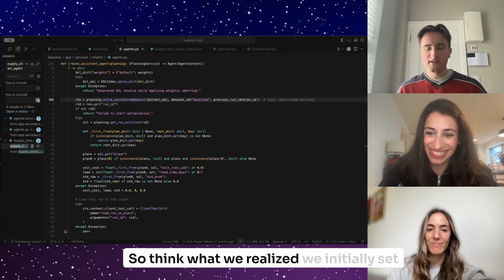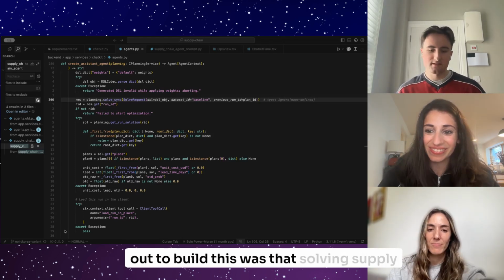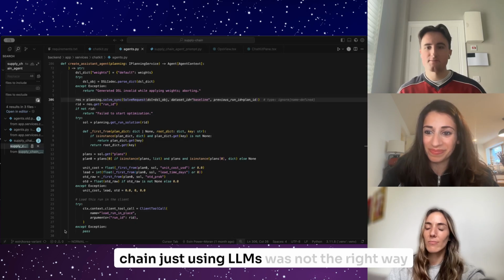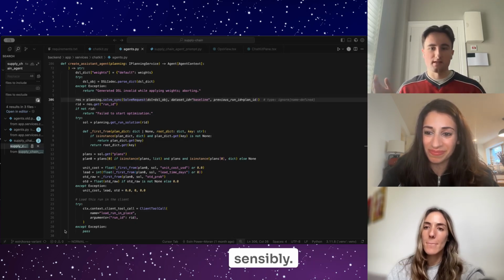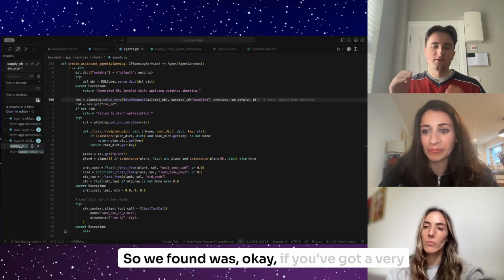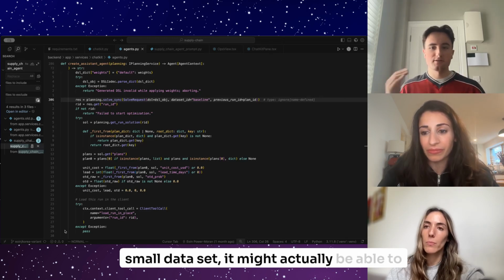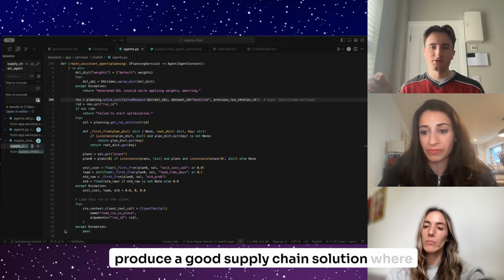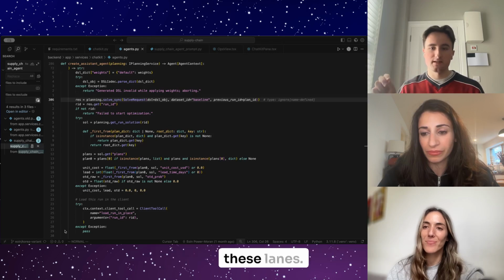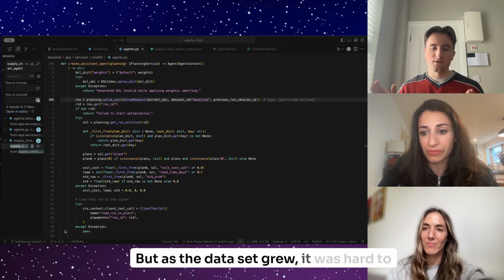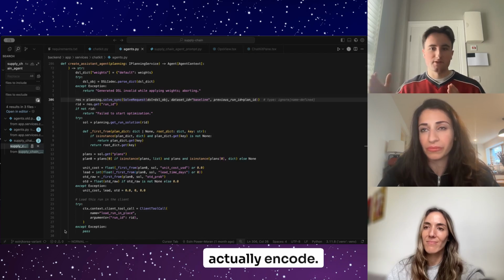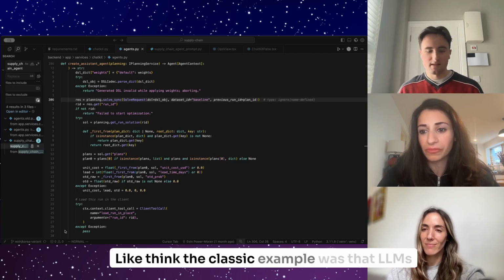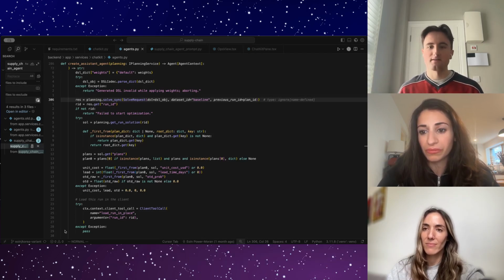I think what we realized when we initially set out to build this was that solving supply chain using just LLMs was not the right way of going about it, because there's a huge amount of data that needs to be ingested sensibly. What we found was, if you've got a very small data set, it might be able to produce a good supply chain solution, where it's like, okay, we'll build these factories, we'll use these lanes. But as the data set grew, it was hard to reason with all of this in context and then actually encode. I think the classic example was that LLMs aren't very good at math,